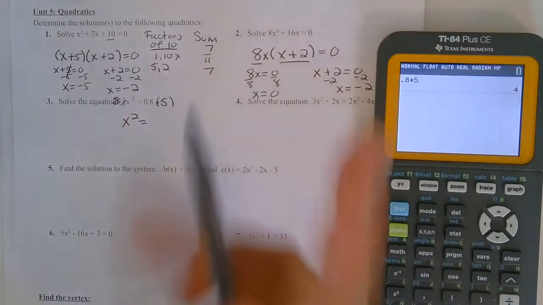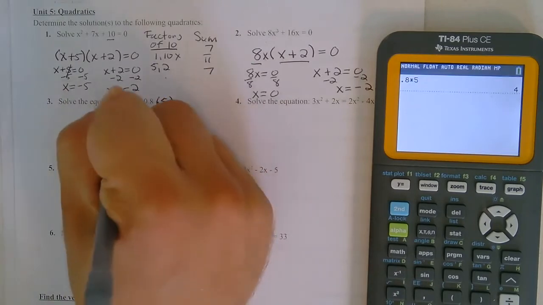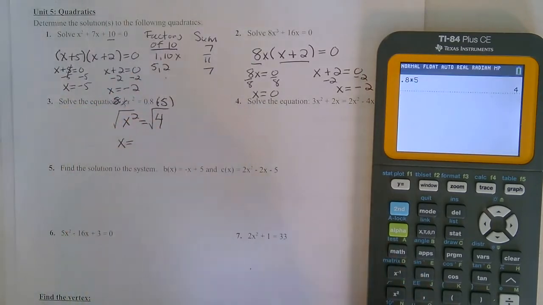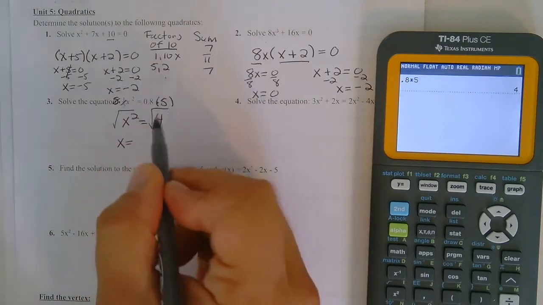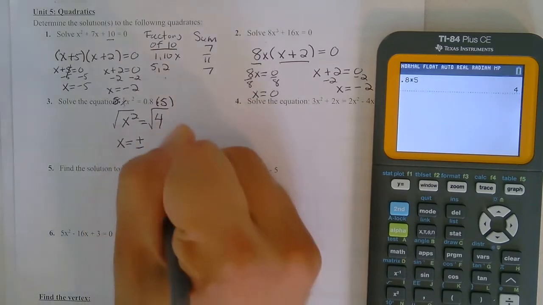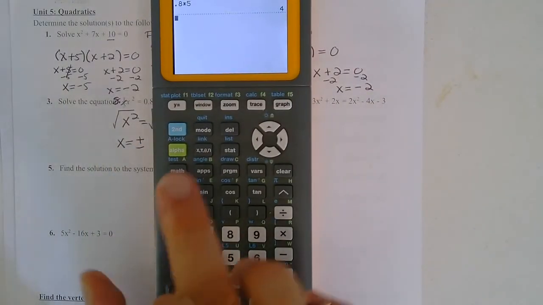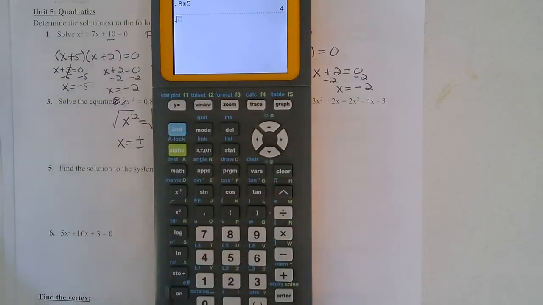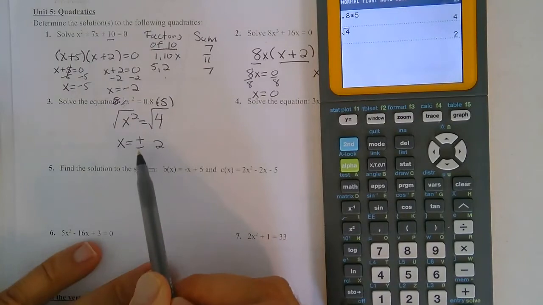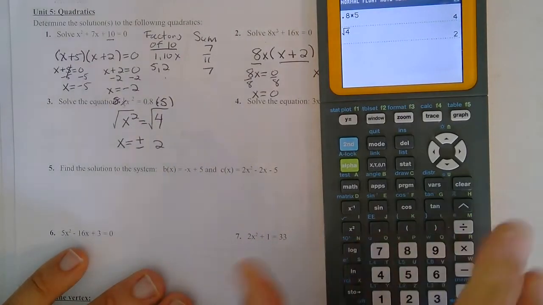is equal to 4. Now, if I have x squared equals 4, you would just solve that by taking the square root of both sides. So x would equal, remember when we take the square root, you're going to have a plus or minus, and the square root of 4 is 2. If you're unsure of that on a calculator, you can do that here with second x squared and 4, and the square root of 4 is 2. So remember, this is plus or minus 2 because 2 times 2 is 4, and negative 2 times negative 2